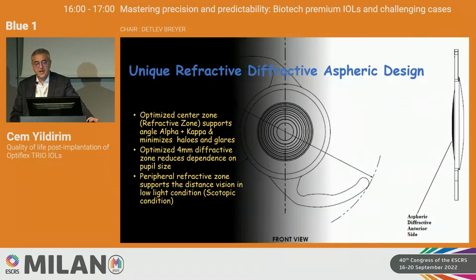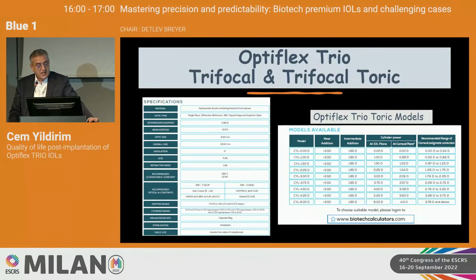With this unique refractive and diffractive aspheric design, it supports angle alpha and kappa and minimizes halos and glares. The optimized 4 millimeter diffractive zone reduces dependence on pupil size, and the peripheral refractive zone supports distance vision in scotopic conditions. It has a dioptric range from +7 to 30 diopters,